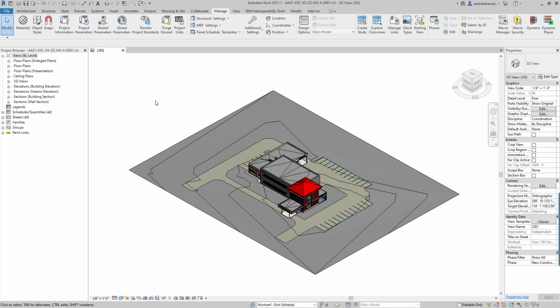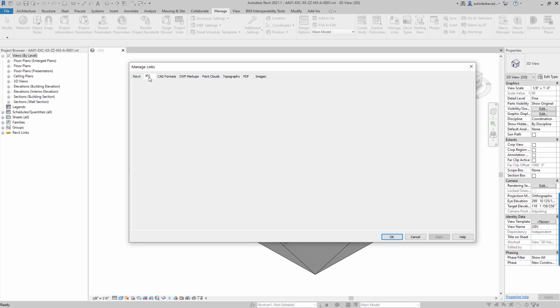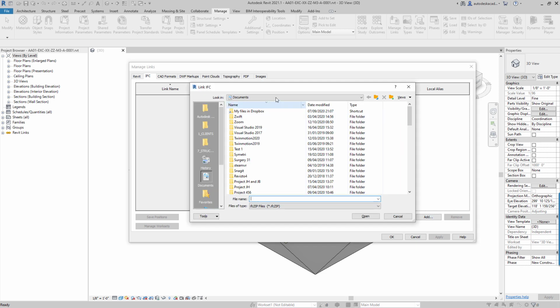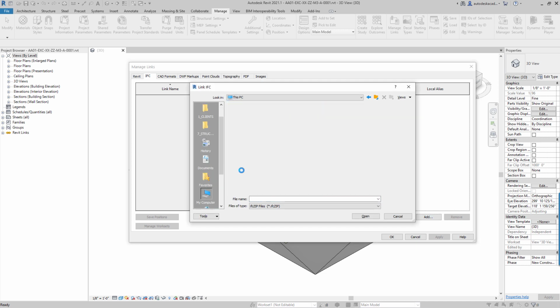Back within Revit again, we can choose Manage Links. In this instance, I'm going to link in an IFC from the consumed folder. Selecting the Add button, I can then browse to my project within BIM360. Selecting the BIM360 project, I can now select my BIM360 hub, then my project, and then I can choose my shared environment. Here I'm choosing the Group 1 Work in Progress, then choose my Architecture folder and navigate to my